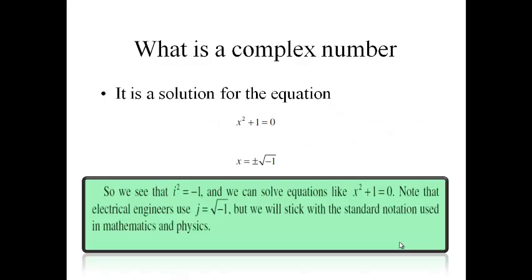So why do we have to introduce the complex number in mathematics? In the real number system, we cannot solve the equation x square plus 1 equal to 0, because in this equation x square equal to minus 1. So x equal to root of minus 1. There is no value of root of minus 1 in the real numbers. So for this purpose, the complex number system is introduced. Here the value of i square is defined as minus 1.